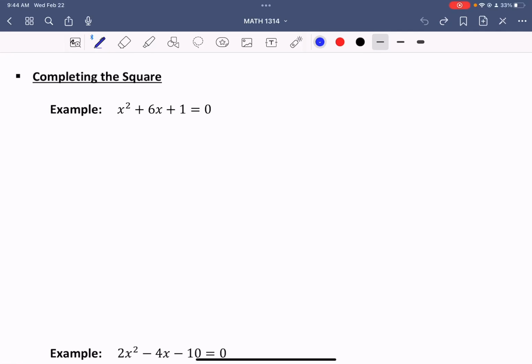The square. When we're solving a certain quadratic, one of the processes that we can do is called completing the square. Essentially, what we will be doing is to create a perfect square. And this is just a process to help us, again, to solve quadratics. So let's go ahead and set some steps off here to the side,